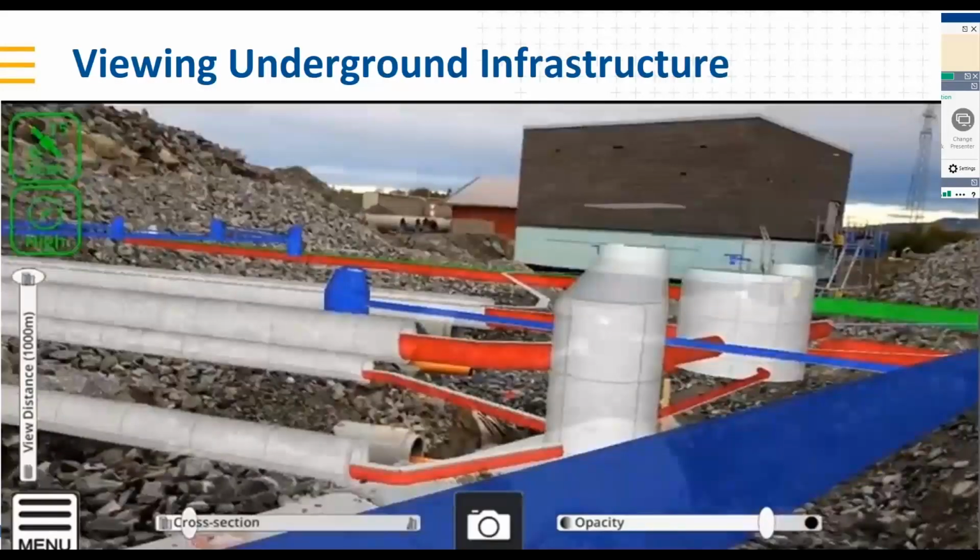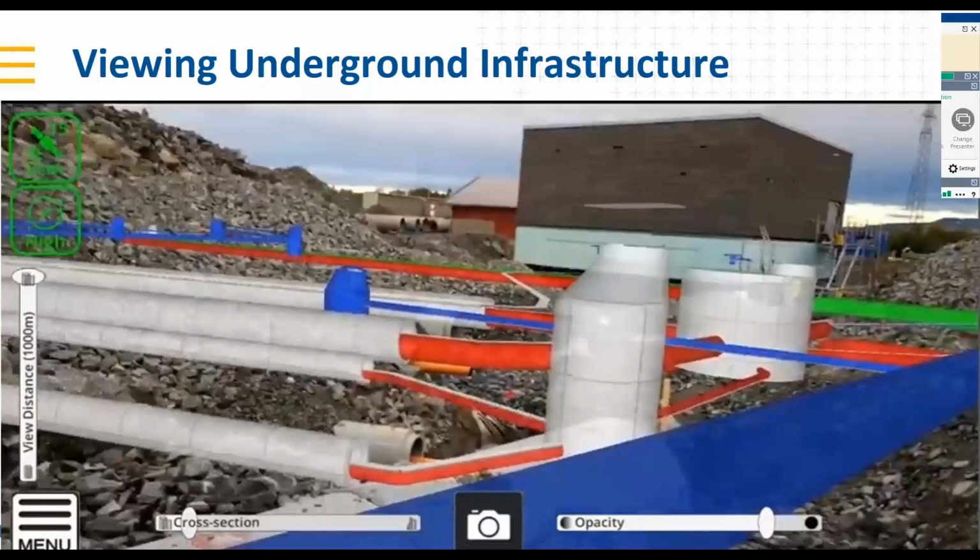So now we will go through these applications in more detail. We will also display some visuals so that you can understand a bit more about these use cases. Here you can see the underground infrastructure. By having this ability, we can see the infrastructure without breaking the ground. We can also verify design and placement of new lines quite easily. We can, of course, avoid conflicts and unwanted intersections before digging, which helps with safety hazards, and map out the network